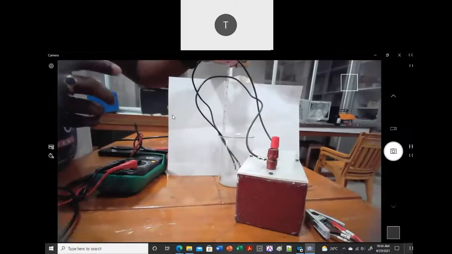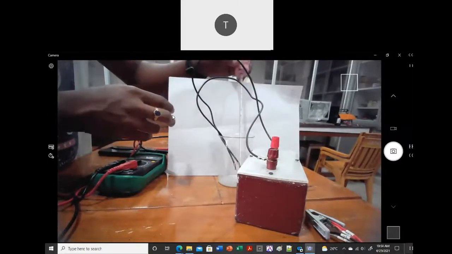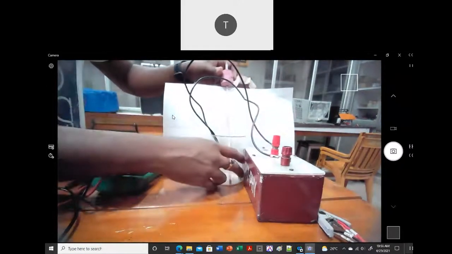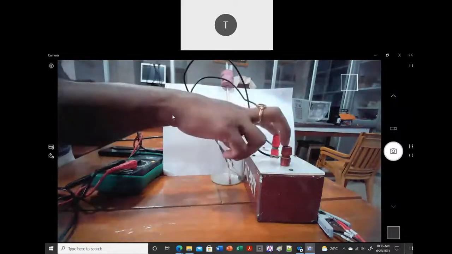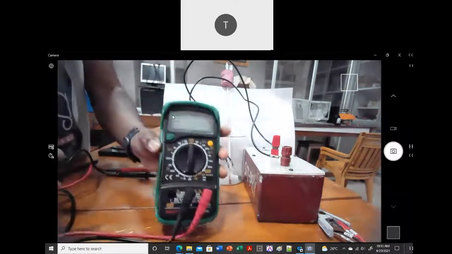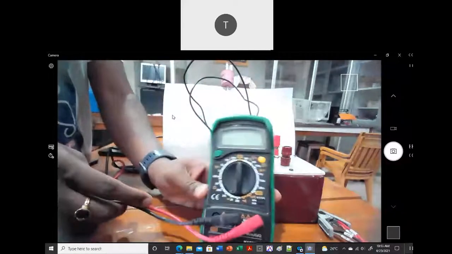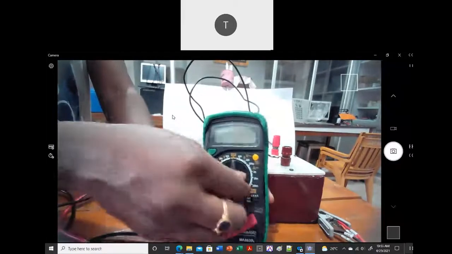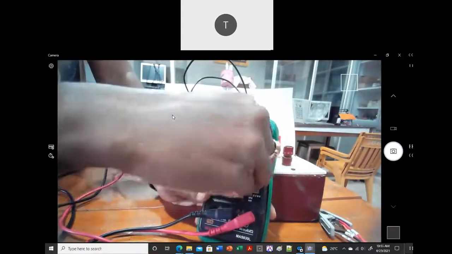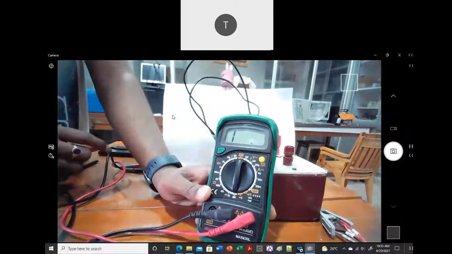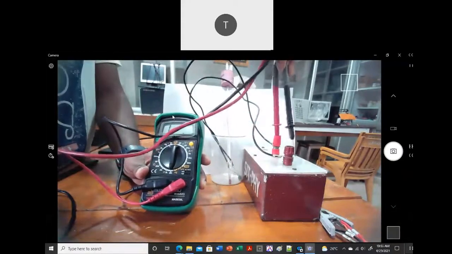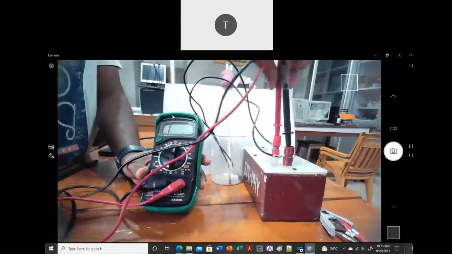So you are keeping your resistor inside this beaker, and then you're going to connect these two ends to your multimeter. When in multimeter, you are going to connect this multimeter to resistance, because you need to know the resistance of your wire. So I'll keep it in this resistance, and then I'm going to connect these ends to these two terminals.